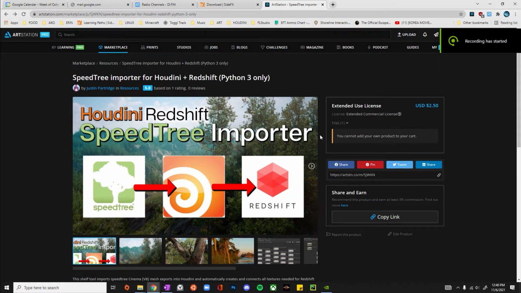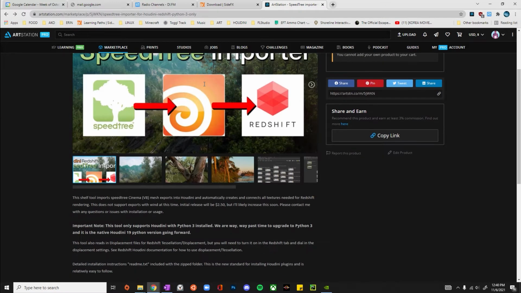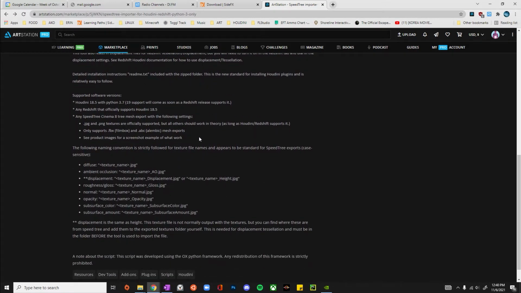Alright, in this video I am going to go over this SpeedTree importer for Houdini and Redshift. Down here, make sure you read carefully the supported software versions. I will note that although this requires the Python 3 version of Houdini, I'll show you later that we can use a Python 3 version and just copy over the nodes into a Python 2 version of Houdini 18.5. I'll also support Houdini 19 once Redshift releases